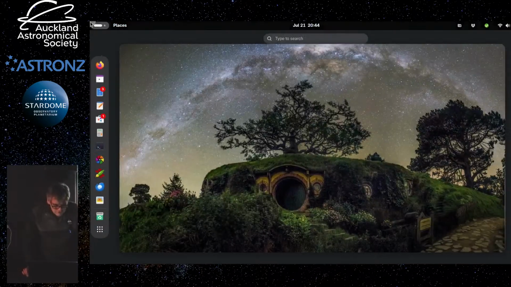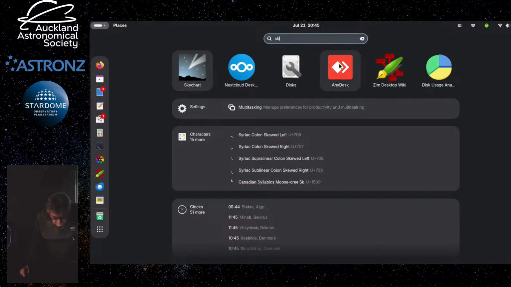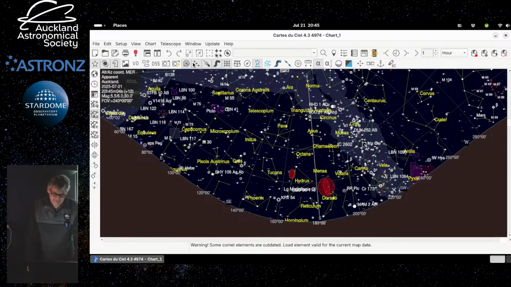But I wanted to go into another program. Somebody's picture of the night sky from Hobbiton. Okay, go into sky chart. Now, one issue I found with that program, if you want to actually print something, it's a bit of a pain, because especially if you've got an inkjet printer, it's going to print black or dark blue, and it's a pretty horrible